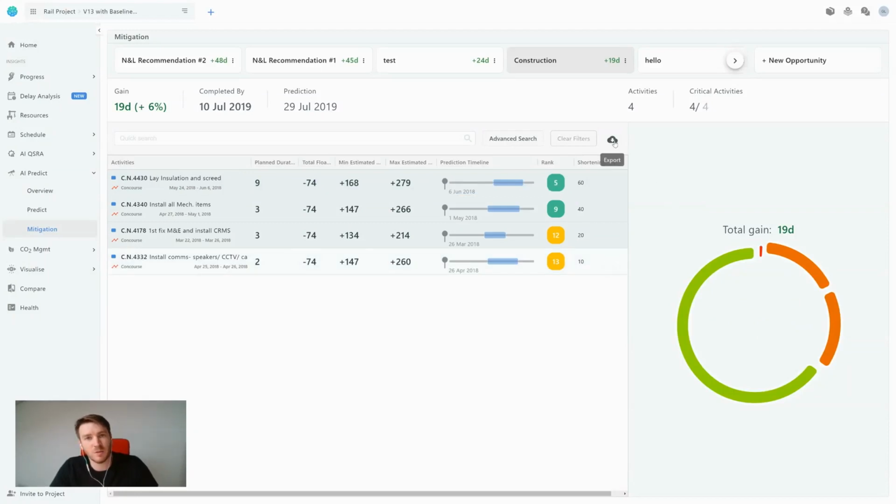What we are able to do as well is download that list so we can take it away and analyze it ourselves. In terms of the workflow that I'd personally use this for, I'd go paths, then I'd go into AI prediction and mitigation and run scenarios so I can very, very quickly understand which activities I should be targeting. And then I would go and properly do this in the risk section, and I would manually adjust it so that I understand all of the inputs that are going in and the outputs I'm getting out. What mitigation does is it saves you a large amount of time isolating the activities that you should be looking at to accelerate your program.